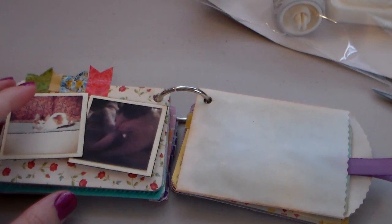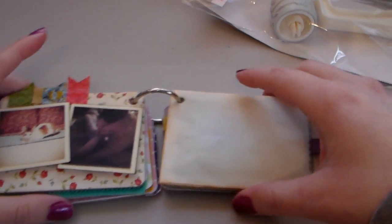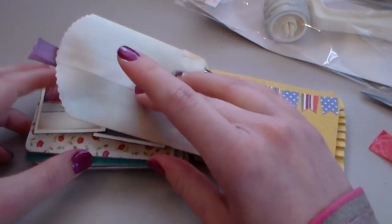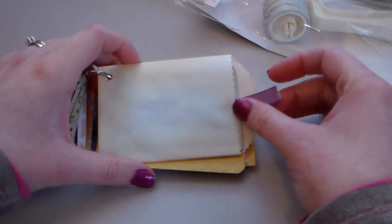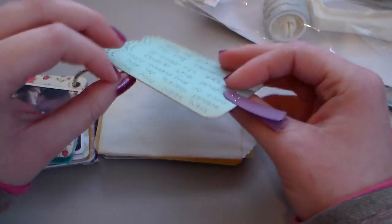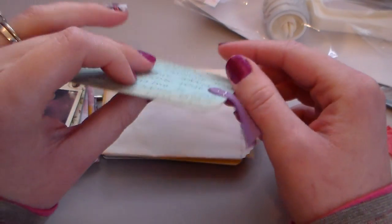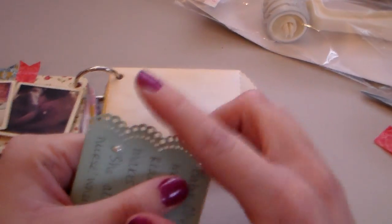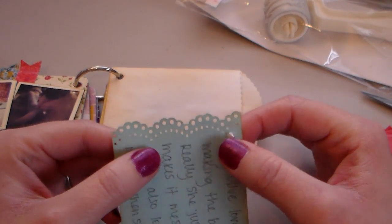So I decided to make a little bag. Well, I decided to make a little tag to go inside this bag. This bag is from Maya Road, and it fits perfectly into this mini album. So I was very excited about that. I aged it with some tea dye distress ink. And then I cut this tag out of paper tray ink. What is that color called? Aqua Mist? Something aqua. And I punched it with the Martha Stewart doily lace punch,